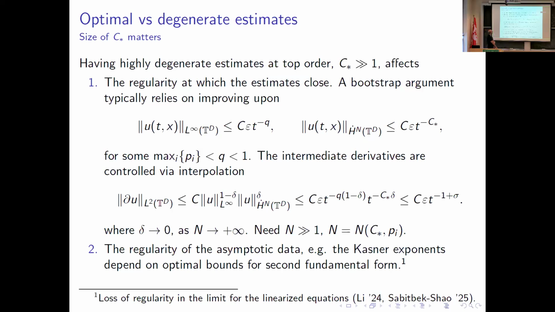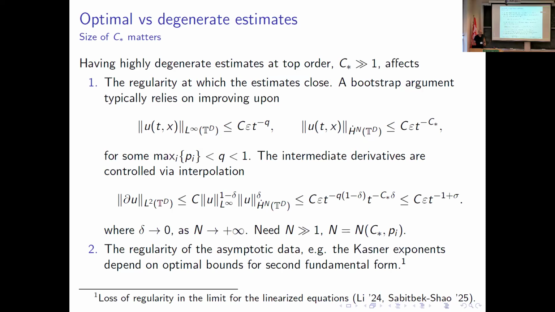Well, one is that you have to take too many derivatives in order to close the argument. So, as Warren also talked about, let's say you have a quantity and you want to show that it is less singular than some power of, let's say, 1 over t. This has to do with the spatial derivatives having to be subleading relative to the time derivatives. At the lower orders, let's say L infinity, you can do that. But at high orders, at top order, you have this energy estimate, which is very bad.